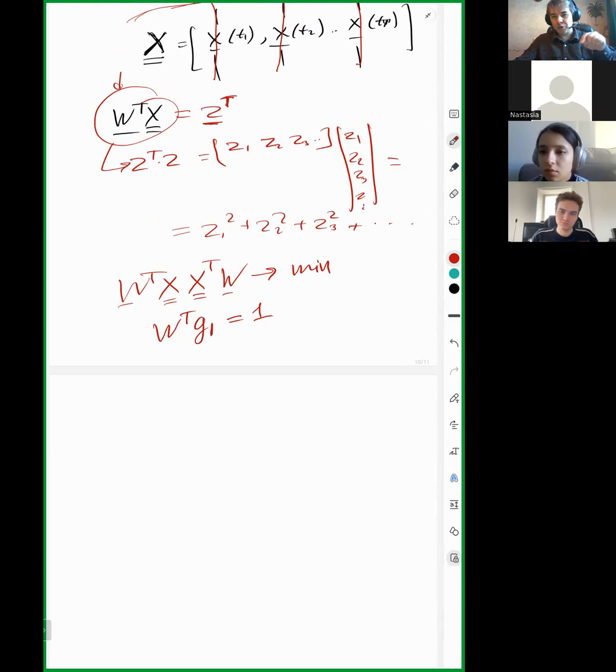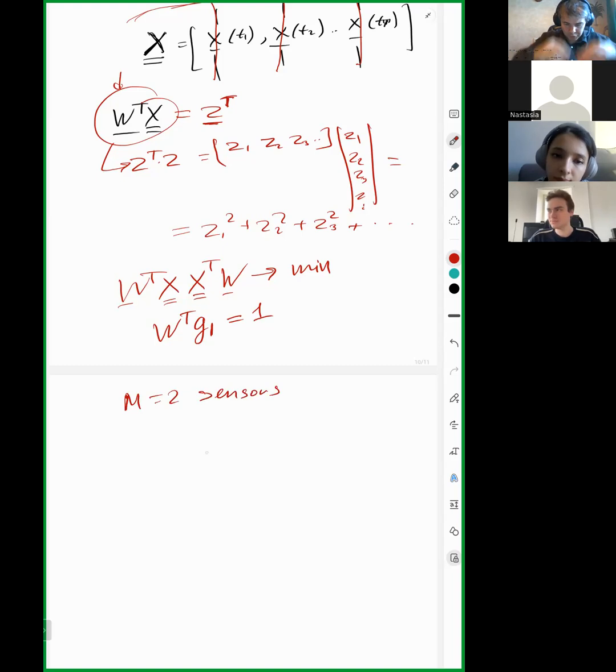You're exploiting the information about which sources other than G1 were present in this data, because depending on the constellation of sources, your W will be different. You will have to tune yourself away either from this source, or from this source, or from three sources together. So anyway, if you assume that you have only M, two sensors,